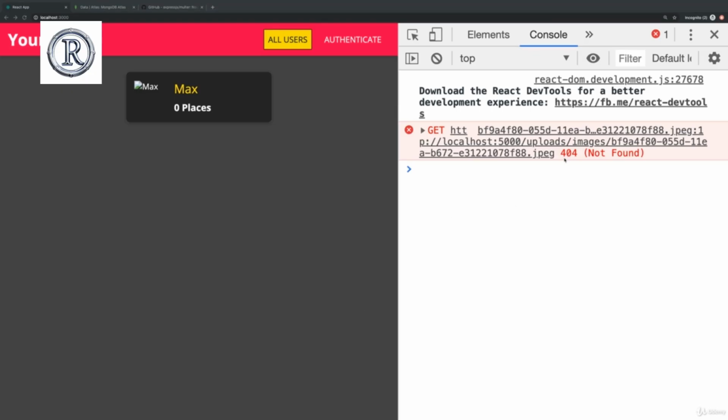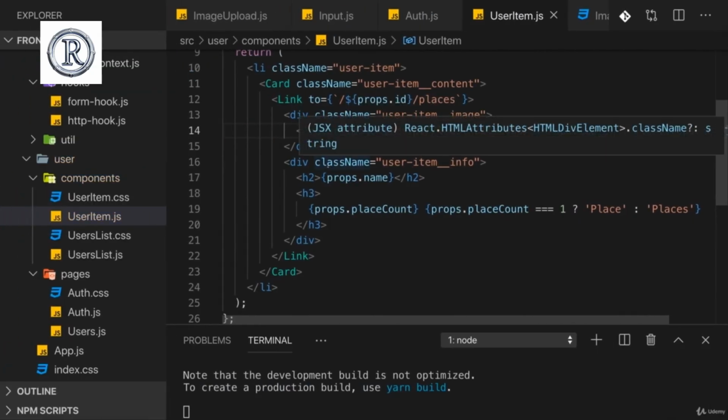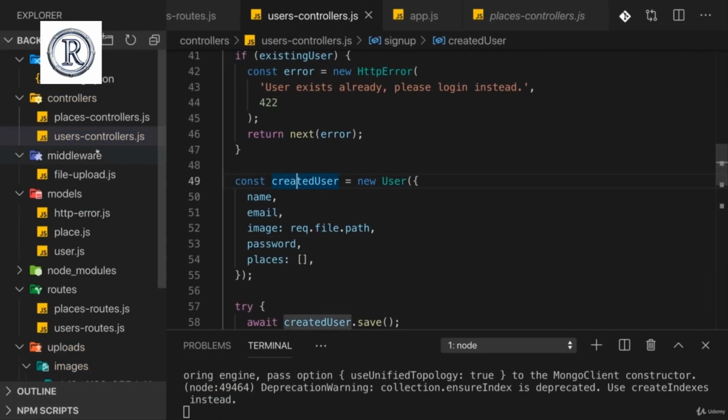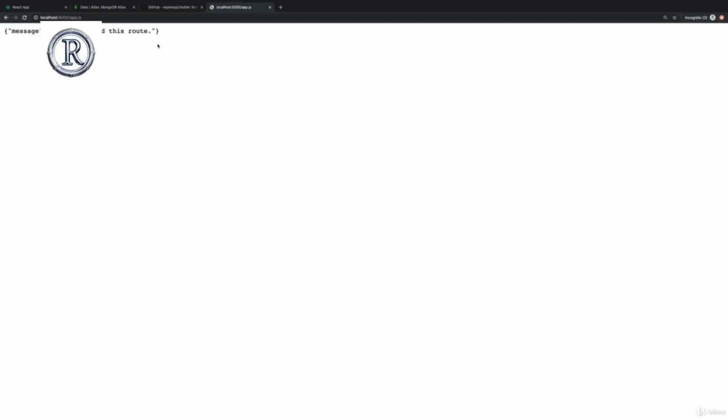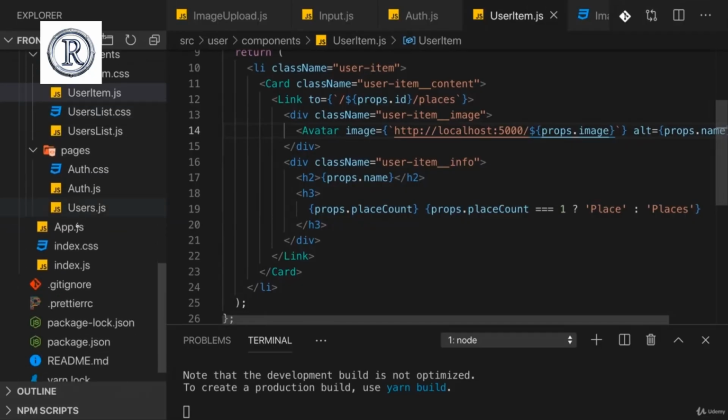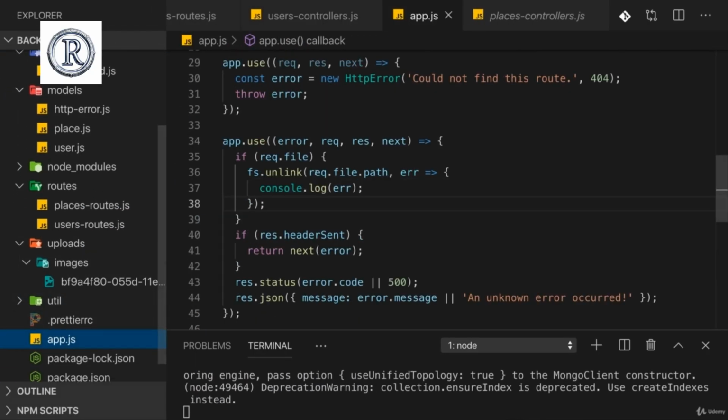We're still not seeing the image here, despite using a correct URL, because there is something important you have to understand about the backend code, or the way Node Express works, and servers in general work. By default, none of the files on the server side, so in our Node Express app, are accessible from outside the server. And that's good, because otherwise we could just enter localhost 5000/app.js and have a look at the source code there. But fortunately, this does not work, because every incoming request on the backend goes into